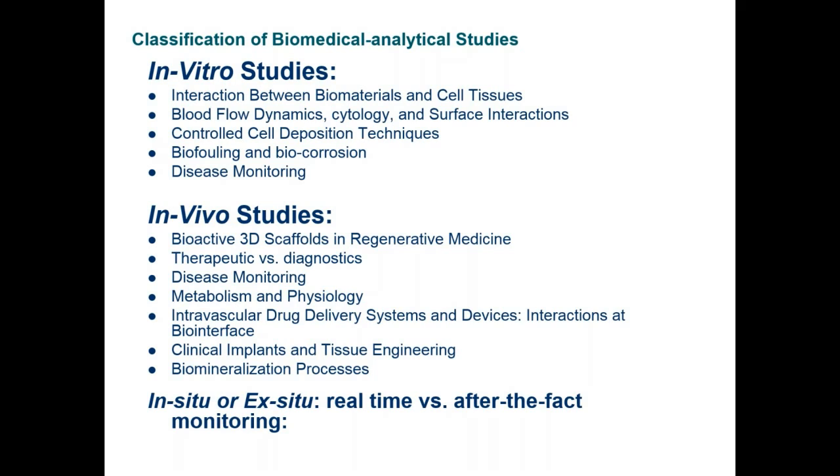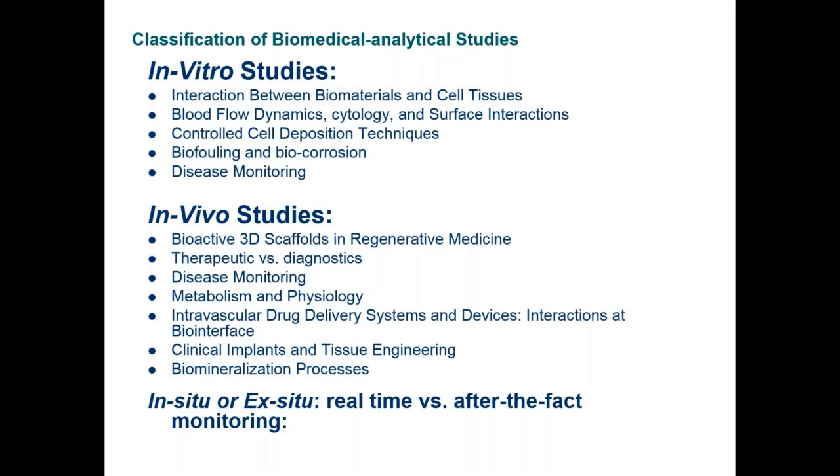Of course, it's desirable to do more in vivo studies, but in vitro studies enable us to access better tools whilst trying to keep the ex situ or external environment closer to in vivo. In vivo studies require tools that probe a living system, and that means that you need to pay attention to minimally invasive methods that can preserve the health of the living system, whether it's an animal model or even a human